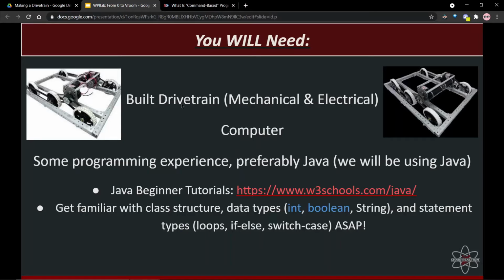You're going to need a computer, preferably running Windows, but any operating system should work. You're going to need some programming experience, preferably Java. We're going to be using Java all year in robotics. So if you have Java experience from, say, computer science classes, that's going to be perfect. But even if you don't, maybe if you're coming from JavaScript or Python or even Scratch, you should be fine. If you're coming from a different language, I would recommend these Java beginner tutorials at